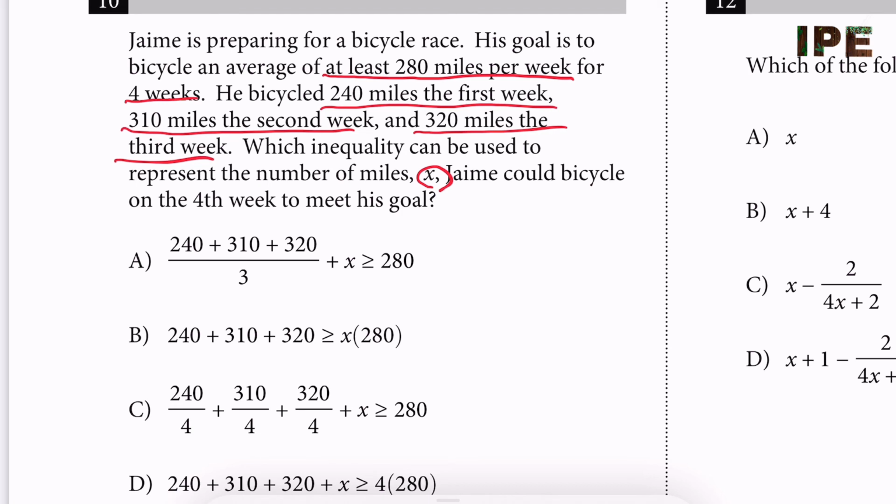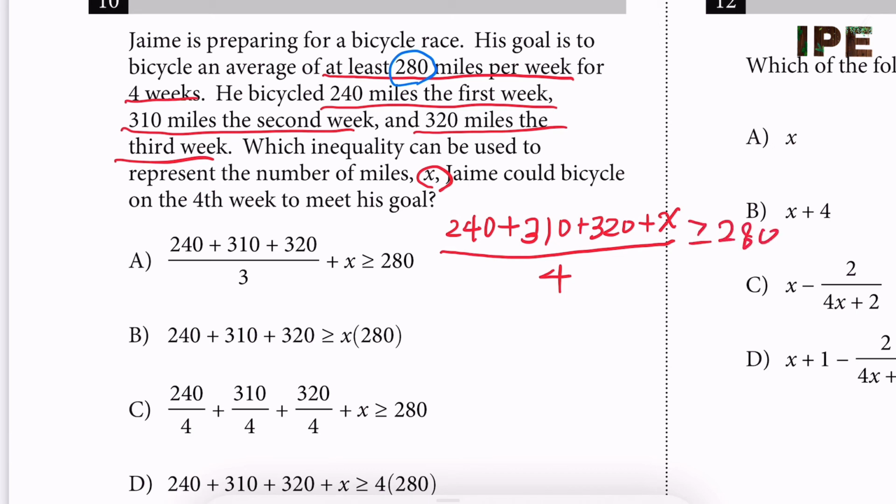So at least 280 miles per week. His average miles per week is the first week 240 miles, plus the second week 310, and then the third week 320, and the fourth week, which I don't know, that's x. Divide by 4, because it's the average of 4 weeks. That average is at least, meaning greater than or equal to